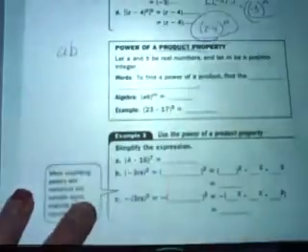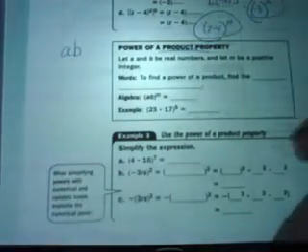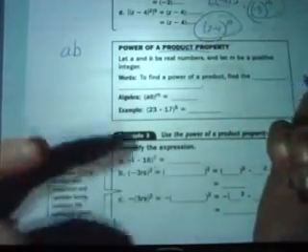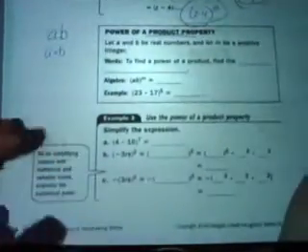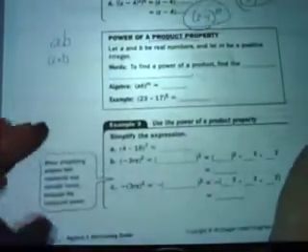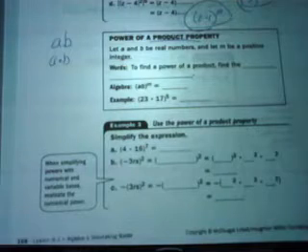Alright, and our last property is power of a product. If I give you AB, and I'll tell you to write that as a product. Product means we're multiplying. So it's going to become A times B. Okay? To find the power of a product,